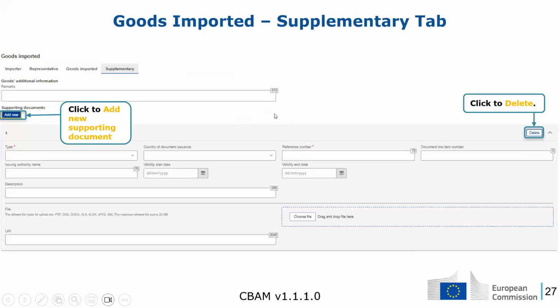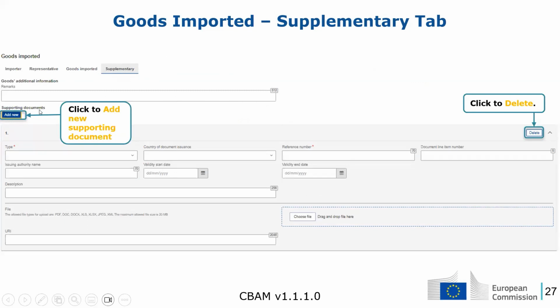If we move on, we will see the supplementary tab. This page exists both in the goods imported level and in the emissions level. Here we can see that we can add any additional information we want in this text area.